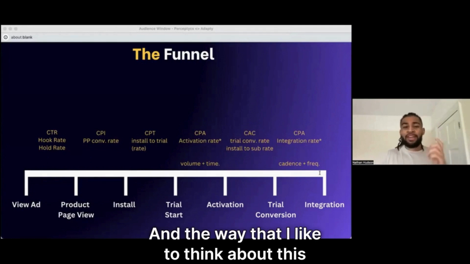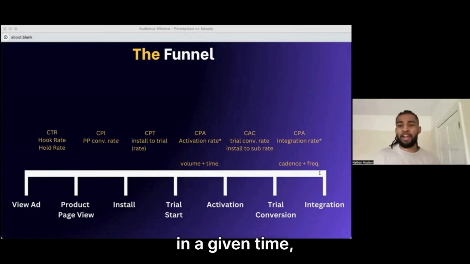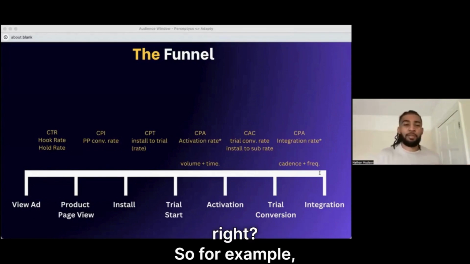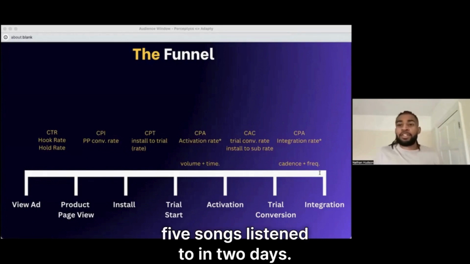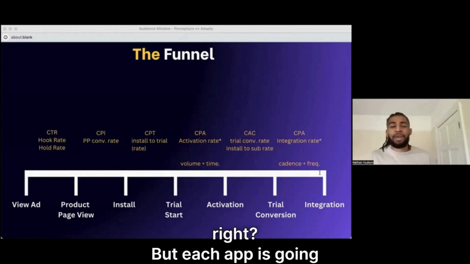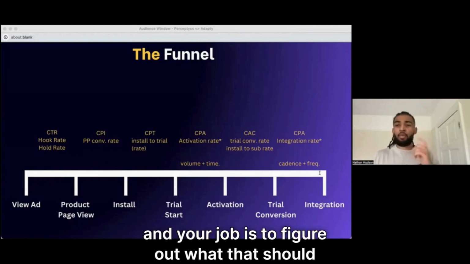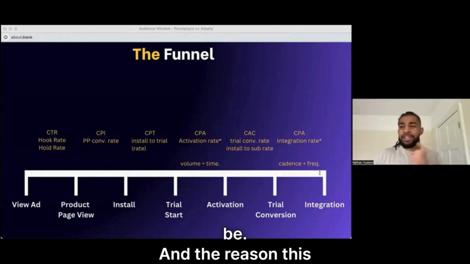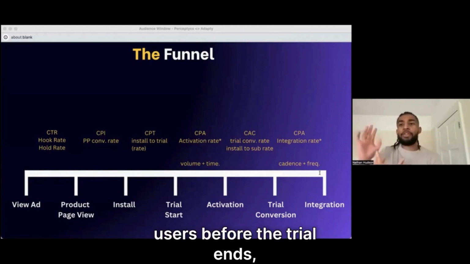And the way that I like to think about this is it's a volume of events in a given time, right? So for example, maybe it's 5 songs listened to in 2 days, right? Maybe that's how you define activation, right? But each app is going to have its own unique activation definition, and your job is to figure out what that should be. And the reason this is important is because you want to activate users before the trial ends,